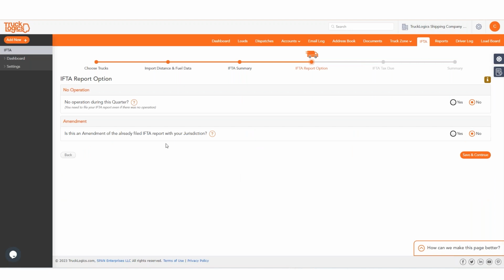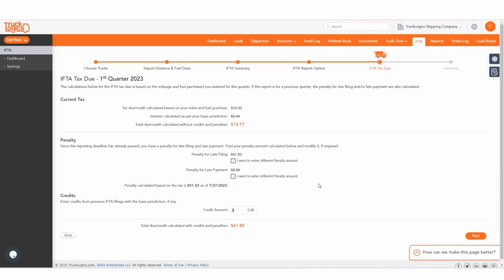Is this an amendment of an already filed report? No, it's not. We're going to be late with this one, but it is not an amendment. So this is no. And of course they were operating, so it's a no there. Hit save. And it brings us over here to our IFTA tax that is due, and we owe